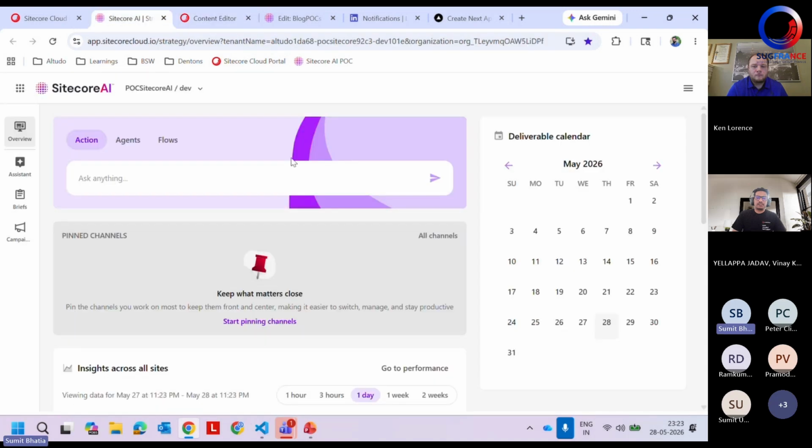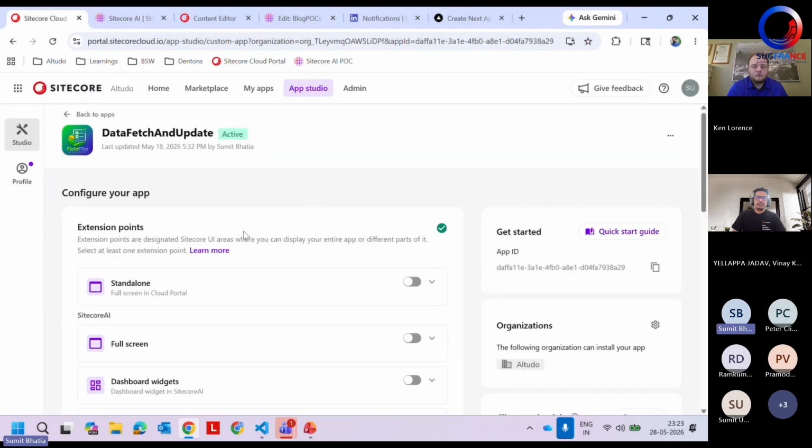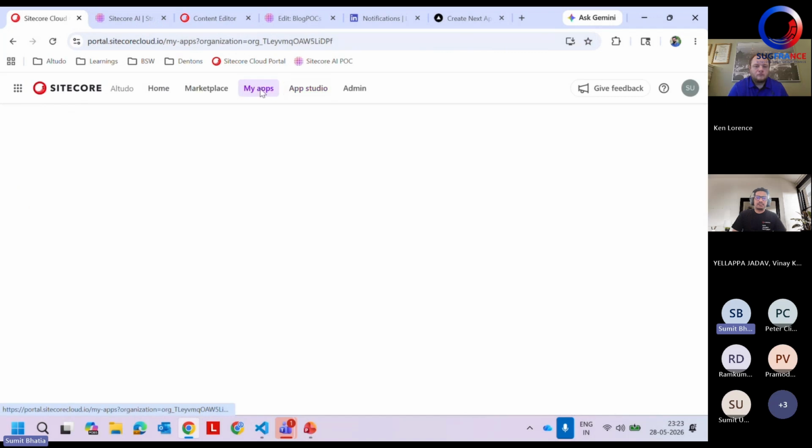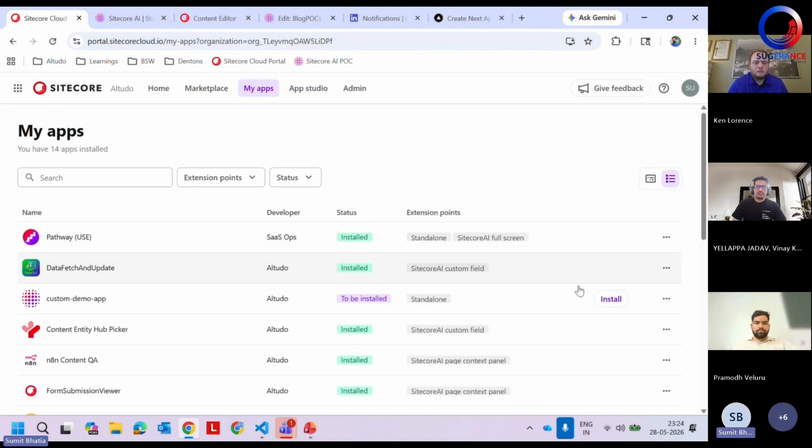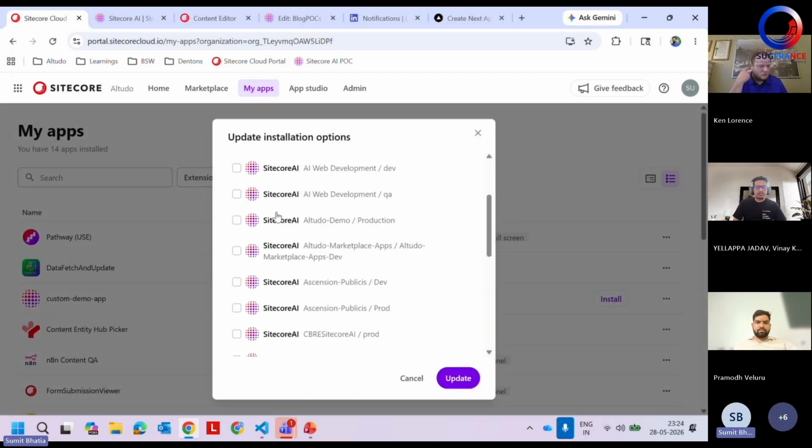One important thing is that once you are done with all the configuration, you need to come again into My Apps, and here you need to install. You will see the install options. In my app, I've already installed it for one environment. If you want to install on another environment as well, click on update installation options, and here you will see